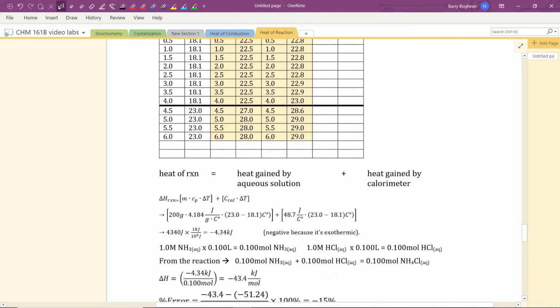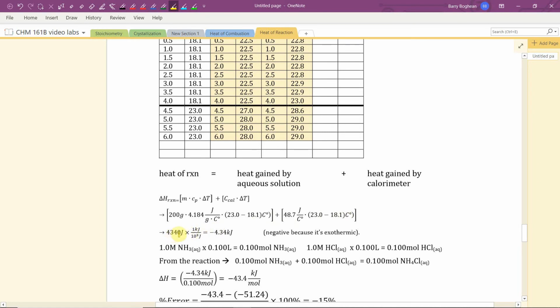So to calculate the heat of reaction, it's heat gained by the aqueous solution plus the heat gained by the calorimeter. So that'll be mCp delta T for the solution plus heat capacity of the calorimeter times delta T. In this case now we have 200 grams of solution in total times the heat capacity of water times the temperature change for the water plus the heat capacity of the calorimeter, the average value from the previous calculation, times the temperature change for the water. And we work out